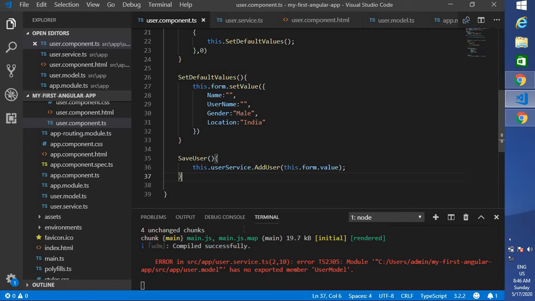Okay, now let me see what error is being thrown here. User model.